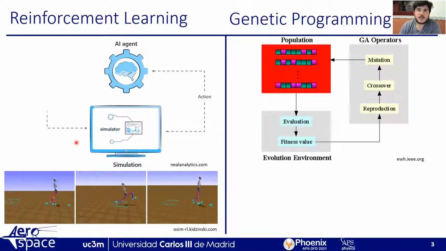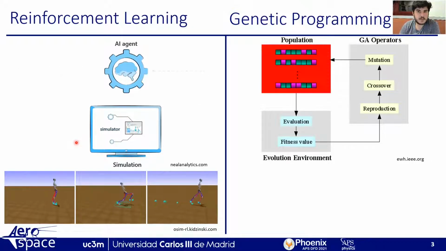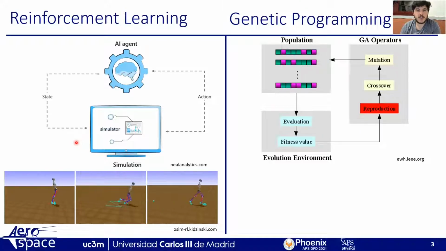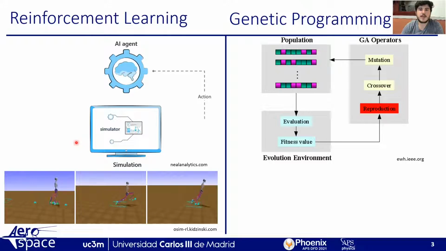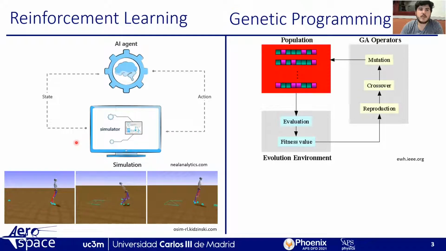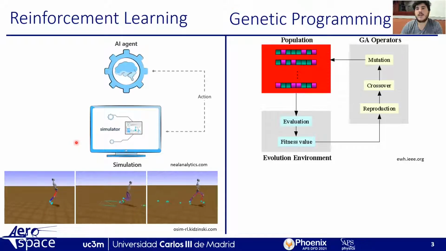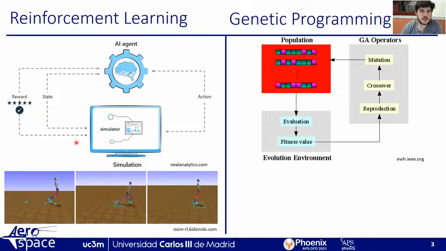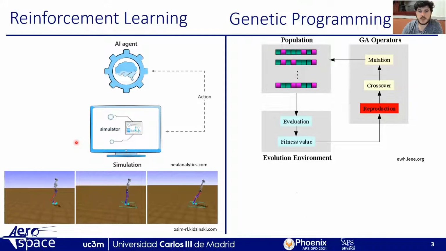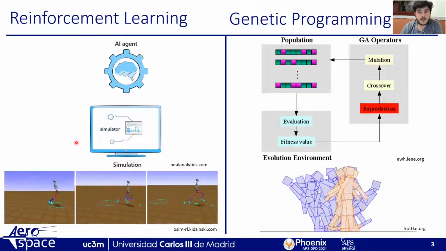On the other hand, we have genetic programming. It is based on evolutionary algorithms. So what we do here is to have a bunch of individuals, each individual representing a control strategy, and we evaluate all of them. Eventually we find the best individual, generate a new population, and evaluate again, and so on and so forth until we find convergence and the best individual of the problem that we are working on. So here you have an example of several individuals that are evaluated, all of them together.